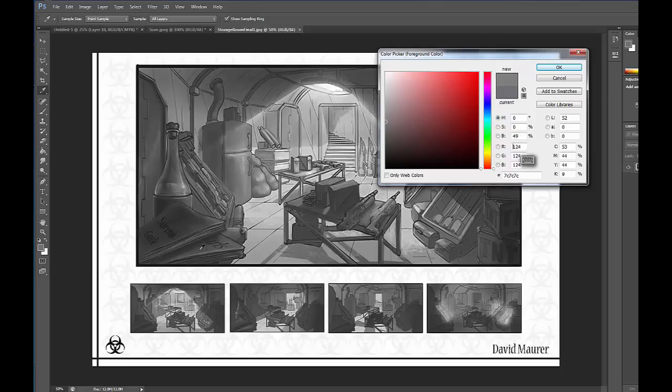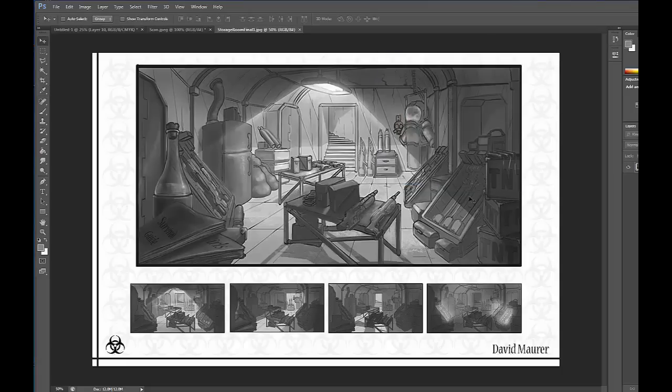I know it's a little bit darker, but there should be a distance between these. Right here, that value is underneath that table. It's almost the same. So there's a little bit of a value adjustment that should happen in there. If I did a super fill pass on this real quick, I would take that brush